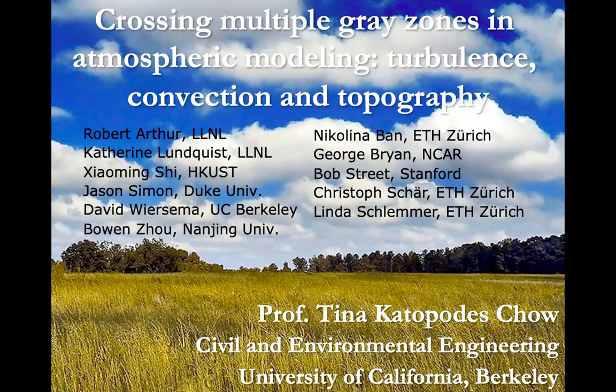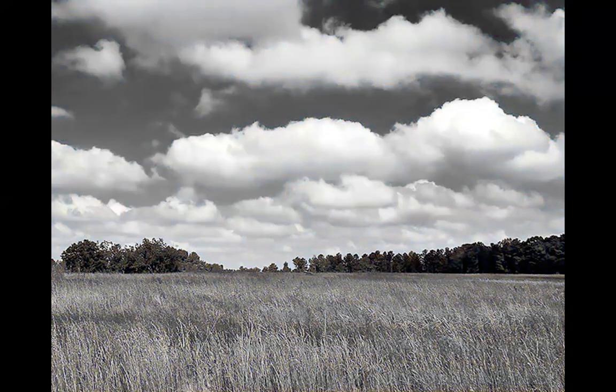Whenever I think of the gray zone, an image never fails to come to my mind of just a gray image picture. But of course, that's not what we're talking about. It's a different kind of grayscale, what we mean in the gray zone. It's maybe more like this, where it's pixelated and you're losing some information, and it's a little unclear what we need to do. So I'm going to talk about what the gray zone is and how we approach it as we cross different resolution scales in atmospheric modeling.